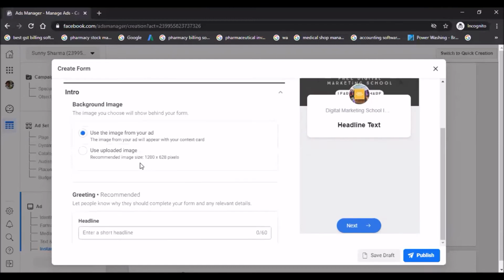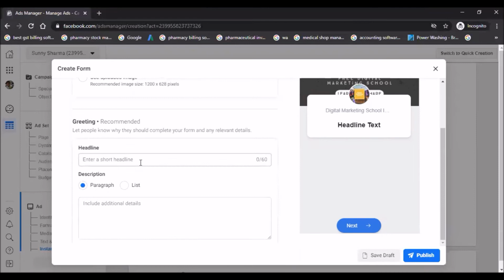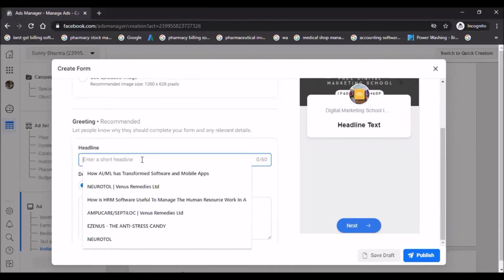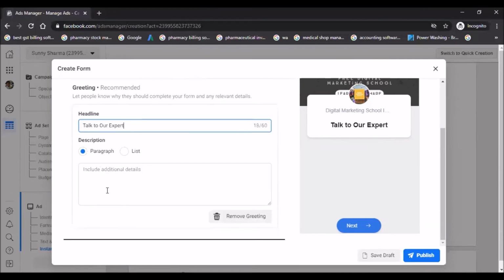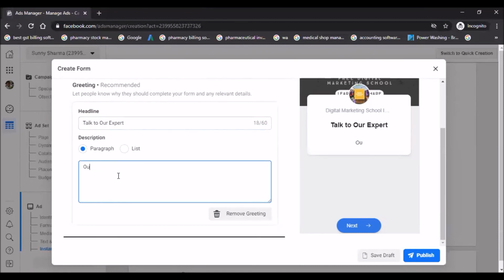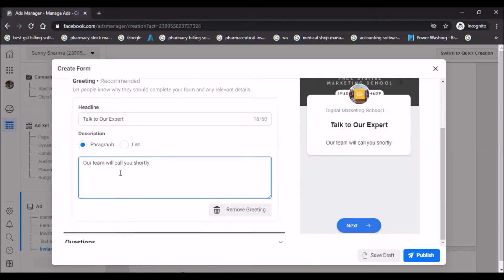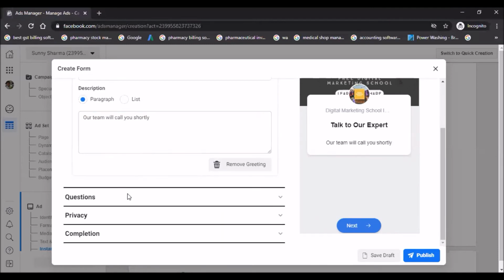So from here you can get the details, right? Let's write the headline and short description, whatever you think you can create. You can put that, right? I think this must be like, our team will call you shortly once we receive your information, right?